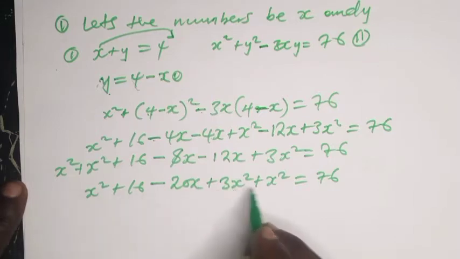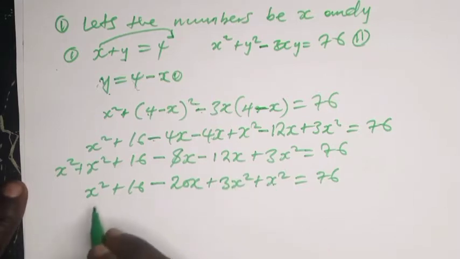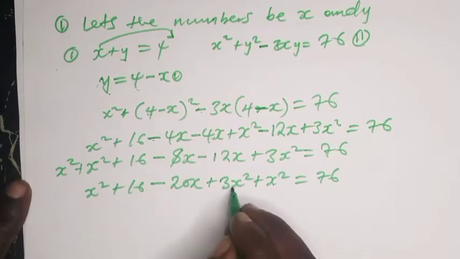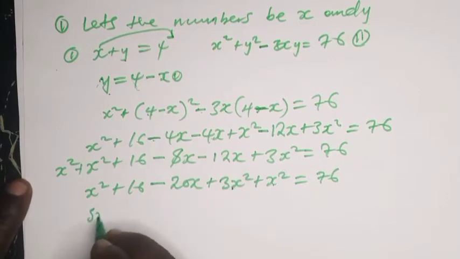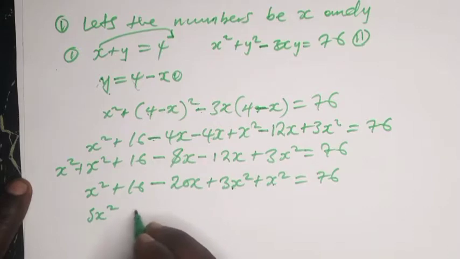When we add x squared plus 3x squared, it will be 5x squared